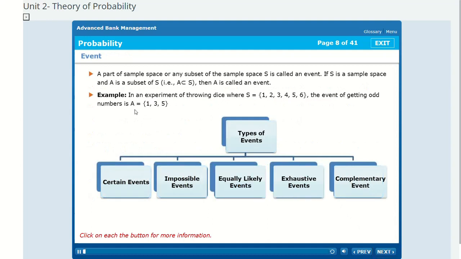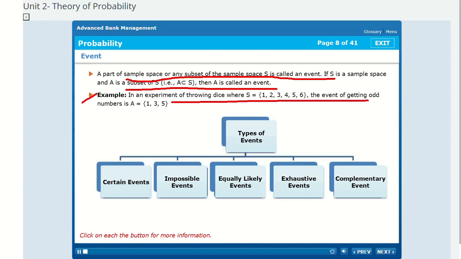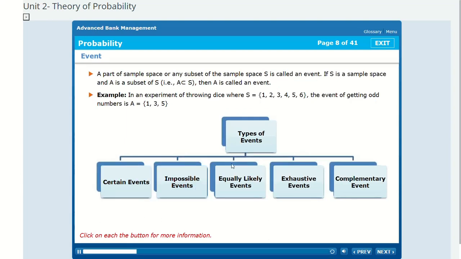Event. A part of the sample space, or any subset of the sample space S, is called an event. If S is a sample space and A is a subset of S, then A is called an event. Example: in an experiment of throwing a dice where S = {1, 2, 3, 4, 5, 6}, the event of getting odd numbers is A = {1, 3, 5}. Types of events: certain events, impossible events, equally likely events,